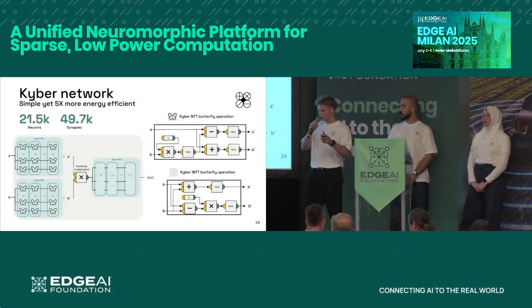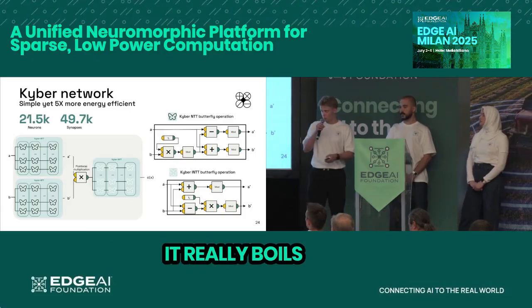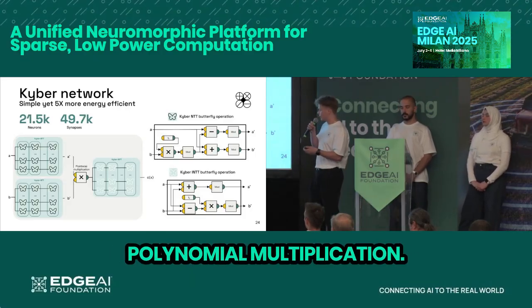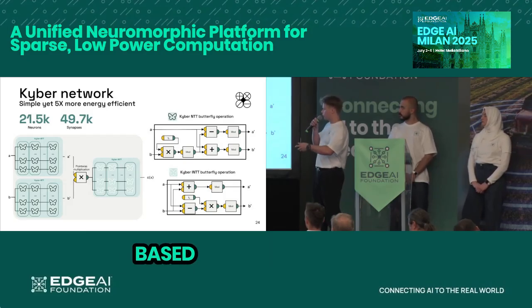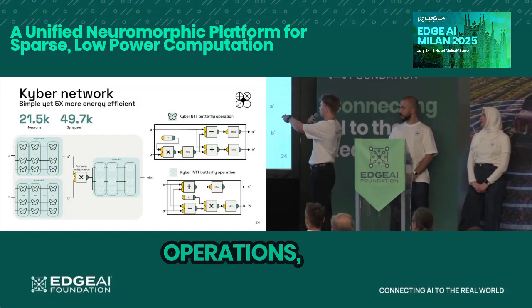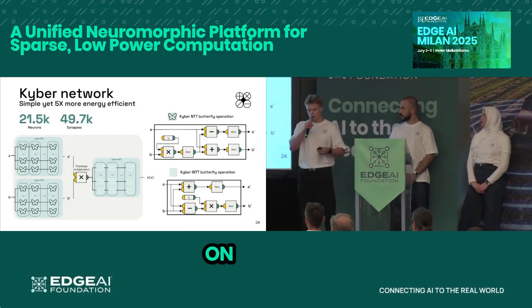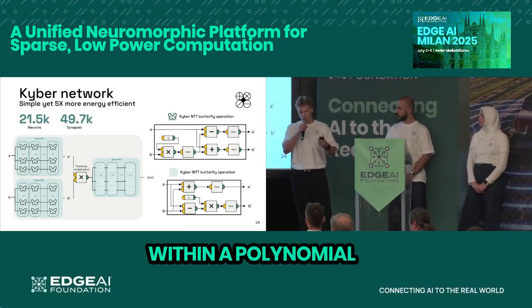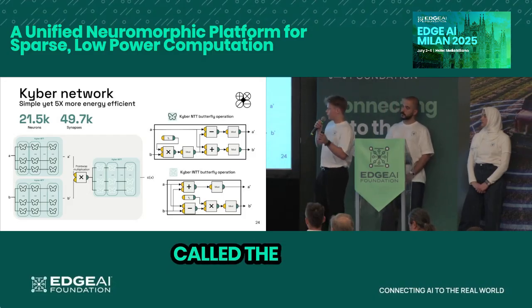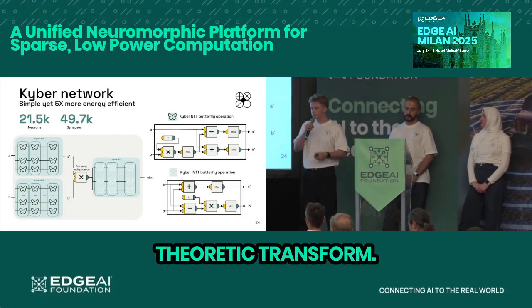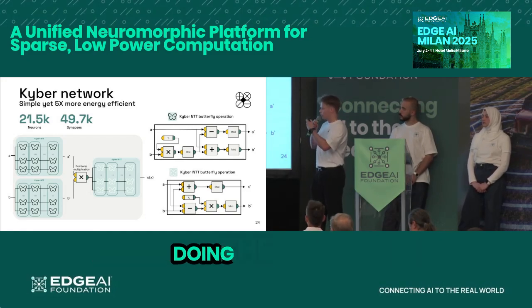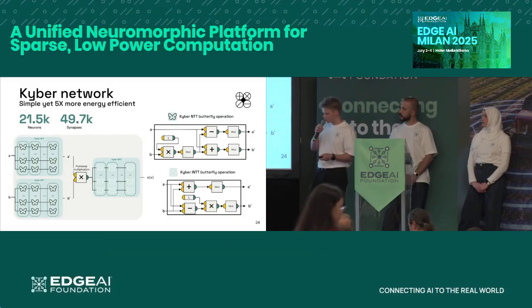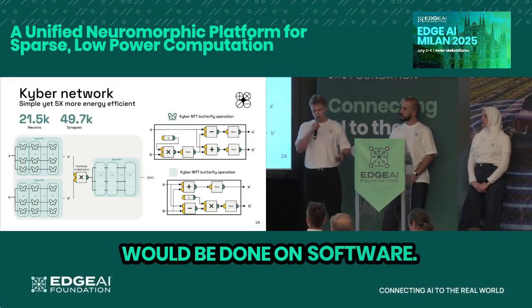In terms of actually implementing this network, it really boils down to polynomial multiplication. What we're trying to show here is how a higher level network is constructed from simple primitives that are extended. You can see the butterfly operations. These are implemented on elements within a polynomial so that we can do something called the number theoretic transform. This performed the polynomial multiplication, the same way it would be done in software, and we benchmarked